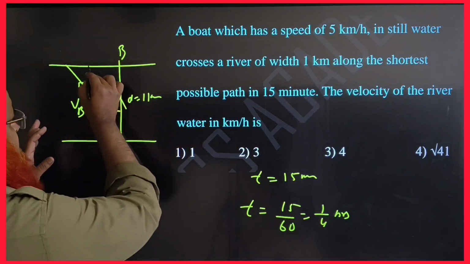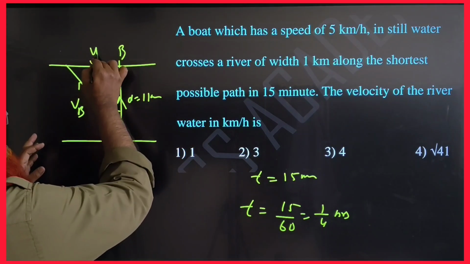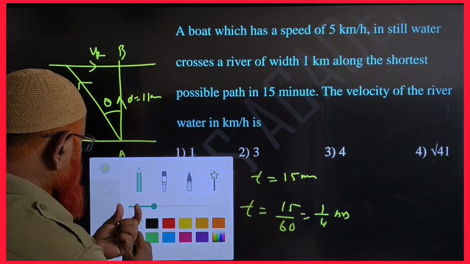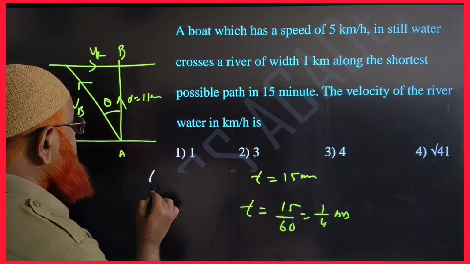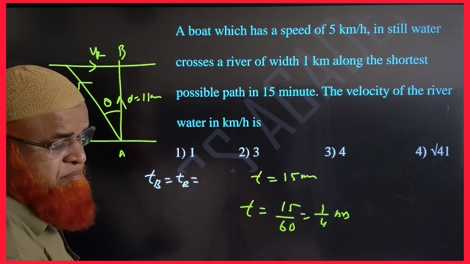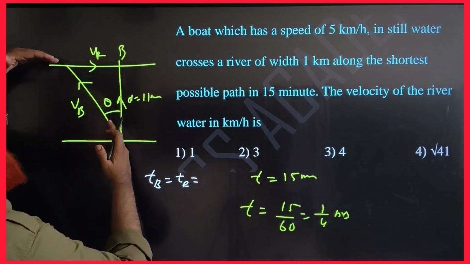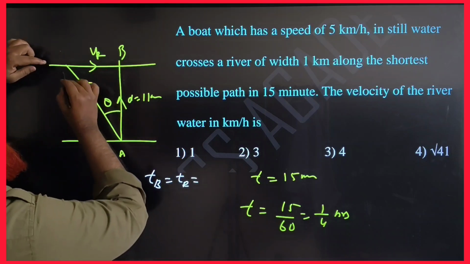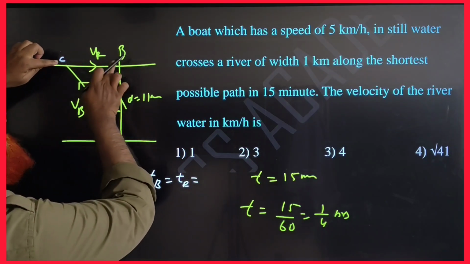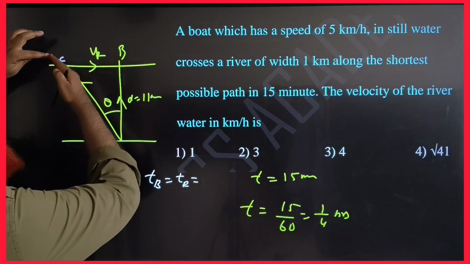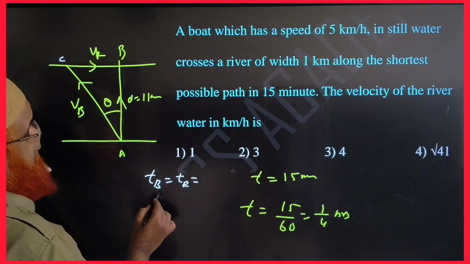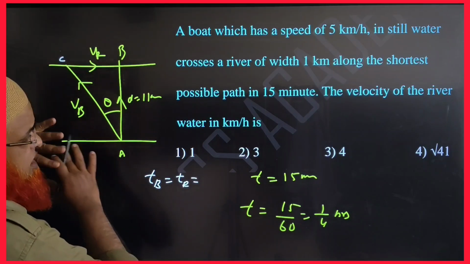अब यहाँ पर देख लो, what is the logic? Let us see here now. This is said to be velocity of a river. Now, one small logic you have to remember here. क्या है? See, time taken by the boat and time taken by the river, they are both same. क्यों same? देखो यहाँ पर, जितनी देर में बोट यहां से यहां तक रीच होगा, पानी भी यहां से यहां तक रीच होगा ना, because he is trying to go like this, but water will take him like this. So time taken by a boat and time taken by a river to reach these points are same.